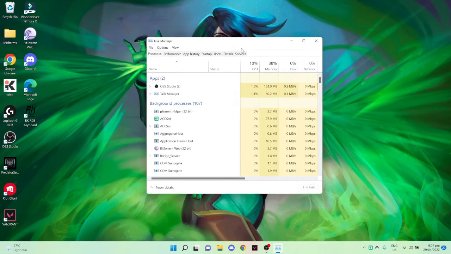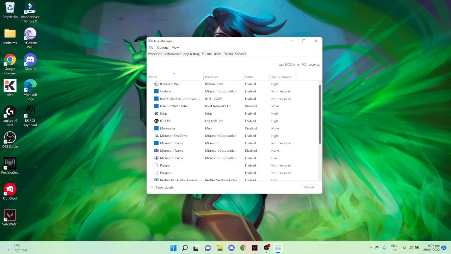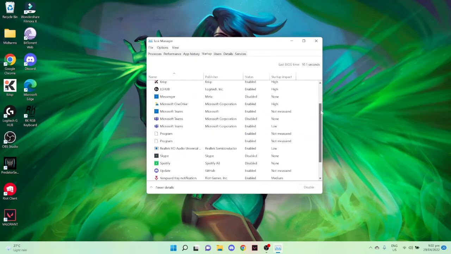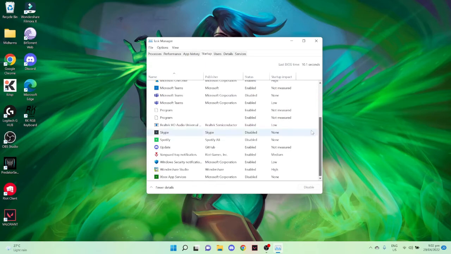Once you have clicked on Task Manager, just simply click on Startup right here and look for Discord. So scroll down slowly and look for Discord. So as you can see now, I can see Discord right here. So you can just simply click on the Discord and then you may click on disable on the lower right corner, or also you may just right click on Discord, click on disable, and then now what this basically do